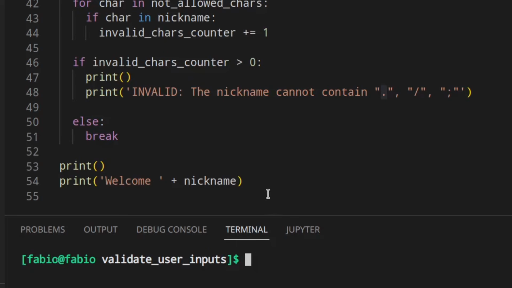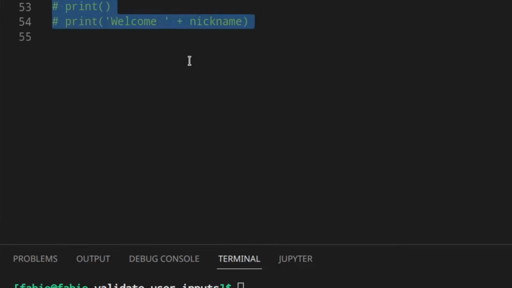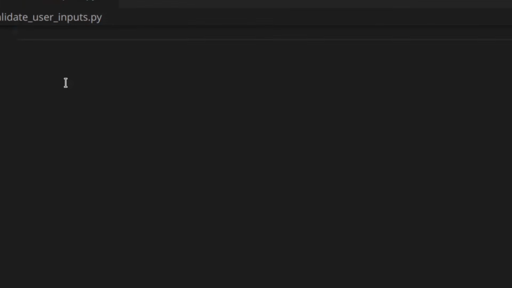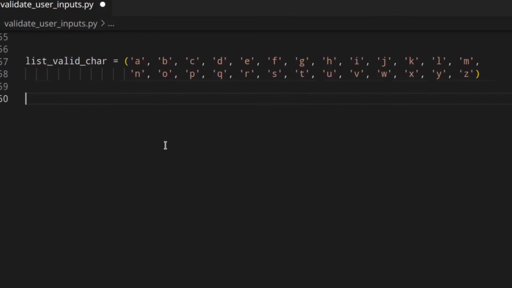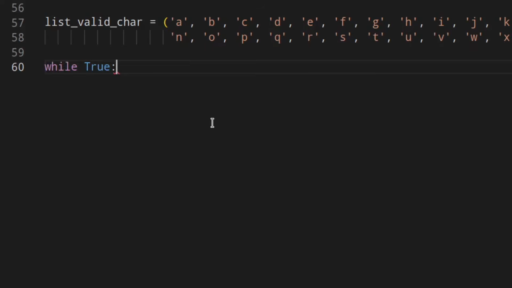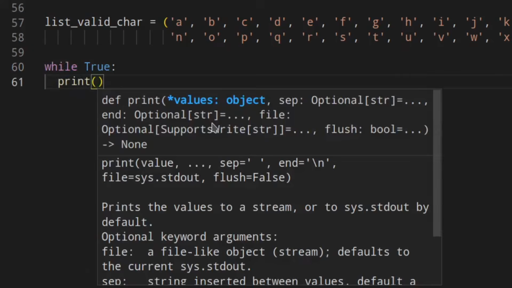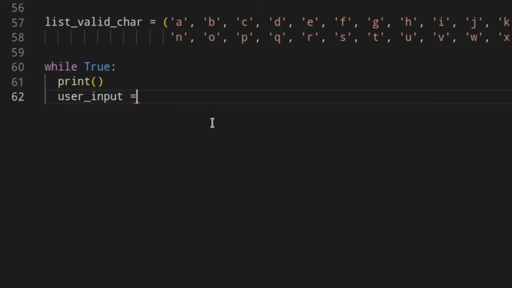Okay, so I'm going to comment this out again. Let's go down here. First of all, you need a list of valid characters you want to set. I'm going to copy and paste the whole alphabet. Then I'm going to start with while True, print, then the same user input.